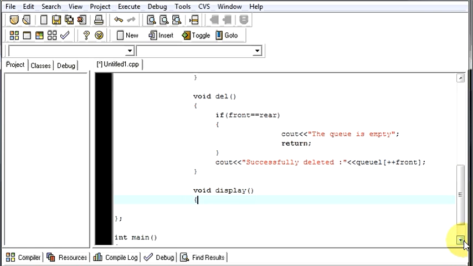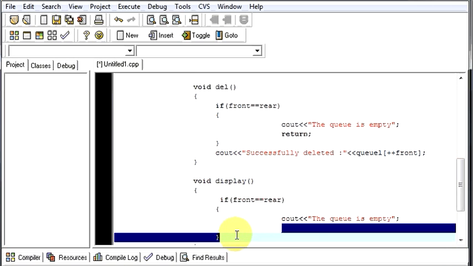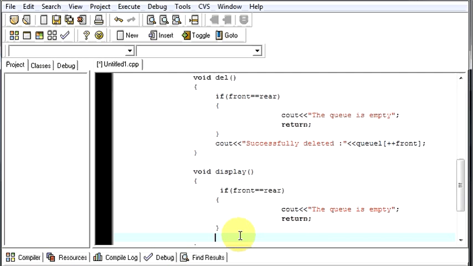Now this function will display all the elements in your queue. Okay, so how will it display? Again, we have to check if your queue is empty or not. Front equal to rear. If your queue is empty, then it should say the same message; let's copy and paste it, no need to write again and again. Control V, done. If it is not empty, then I'm going to use a